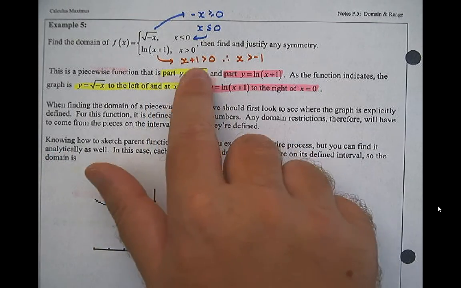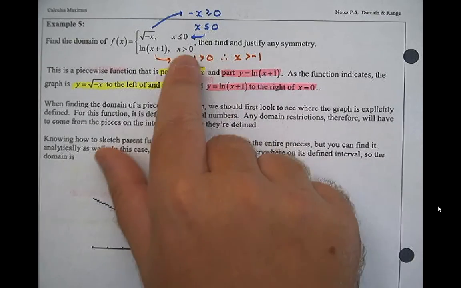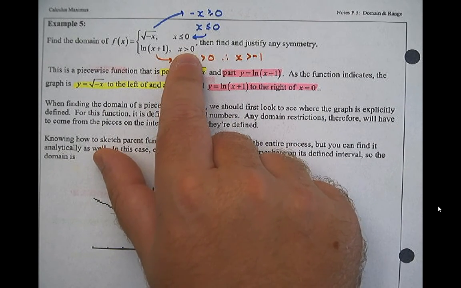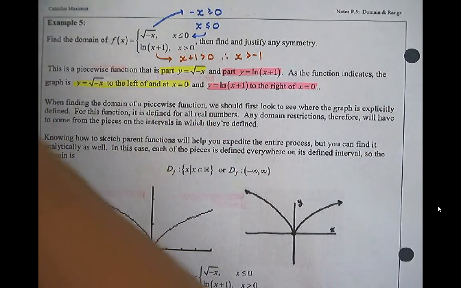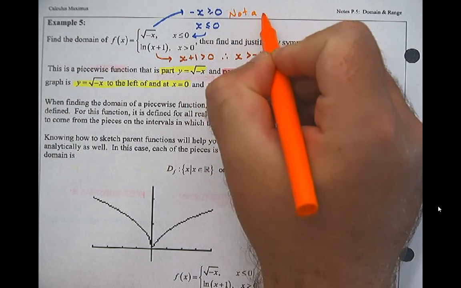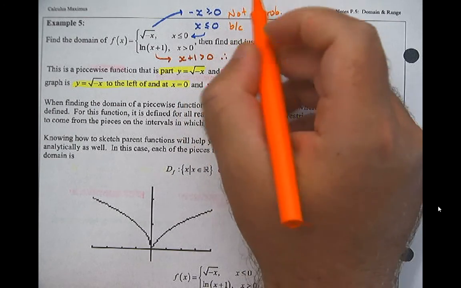So like in this one, we have a problem here at x greater than negative 1. But what's our domain, or what's that piece of the function defined as? It's already defined to be greater than 0. So this turns out to be not a problem because